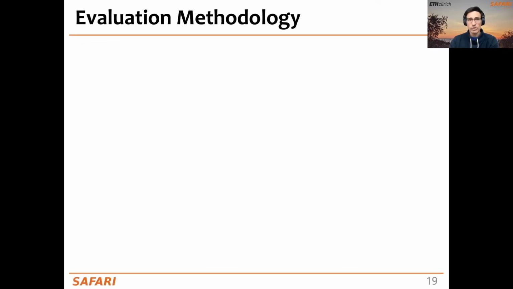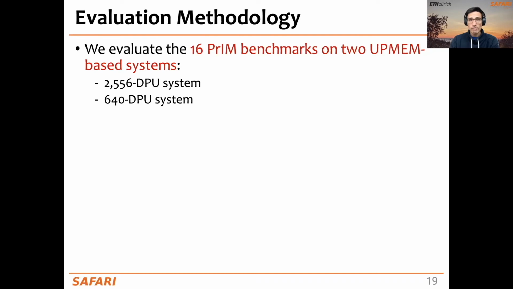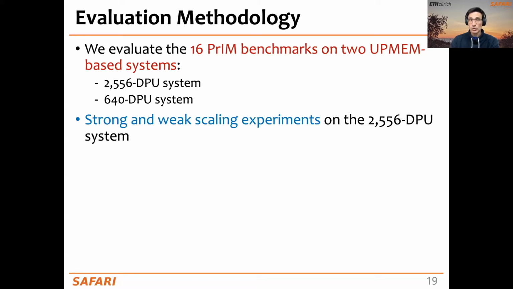First of all, let's talk about our evaluation methodology. We evaluate the 16 PrIM benchmarks on two UPMEM-based PIM systems of different size. The first one is a large PIM system with 2,556 DPUs. The second one is a smaller one with only 640 DPUs. On these systems, we perform strong and weak scaling experiments. In particular, we are going to show you results on the larger system. For those who need a refresher on what strong and weak scaling are: